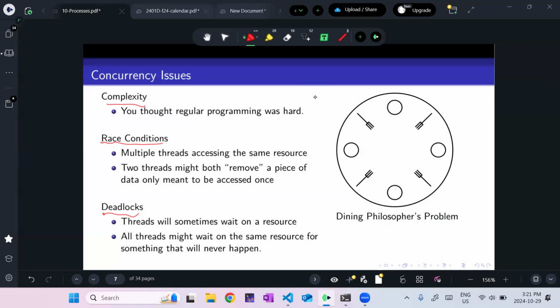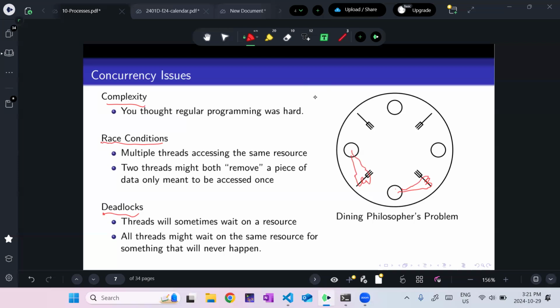And so the problem with this is if we don't have a specified order in threads, sometimes there's a bit of randomness to when they're going to be executing a certain instruction. So what can happen is, if I need 2 resources, I grab the first one, maybe that's okay. And then I try and grab the second one, but I notice somebody's already using it. Okay, so I'm going to wait, right?